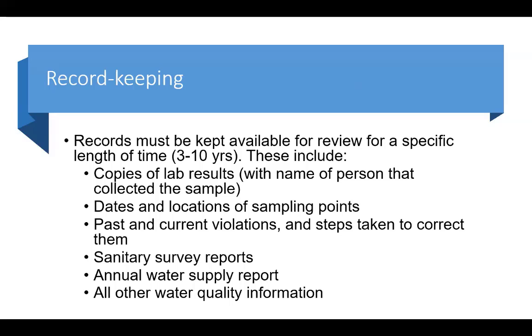How is the water being stored? What pumps are being used to pump water? How are those pumps being maintained? It will also include monitoring and reporting requirements and how the system is managed and operated,